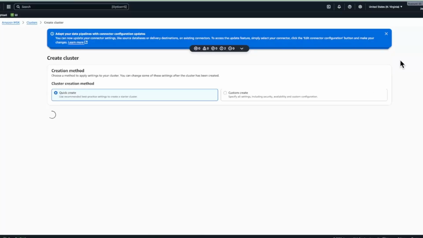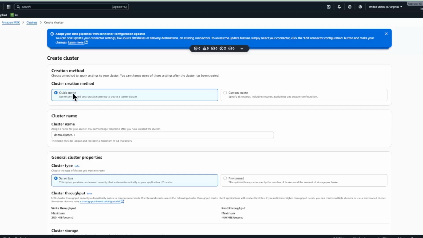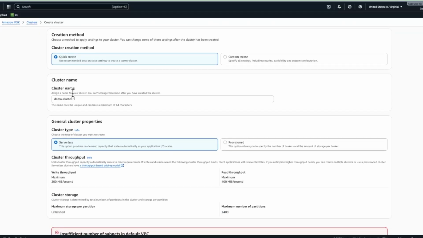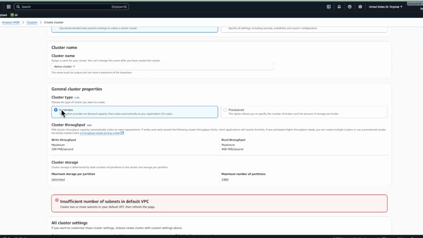Quick create, we'll go for the default, and we'll not go for this serverless. We'll go for the provisioned one, which will give you the static IPs, the private IPs as well as the public IPs. And you can mention, see here, number of brokers, amount of storage, so you can customize it when you provision it. So click that,